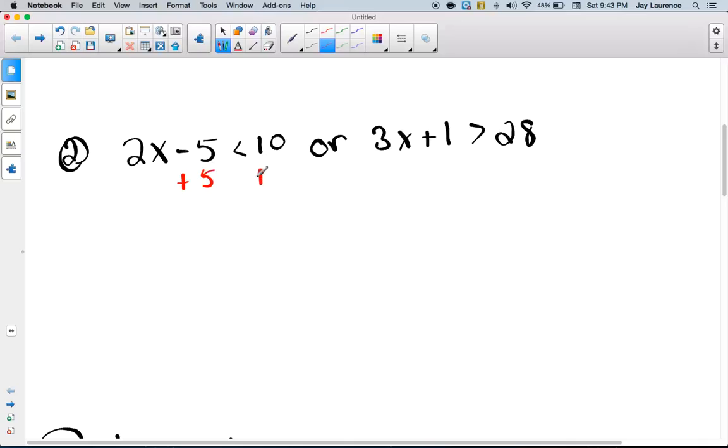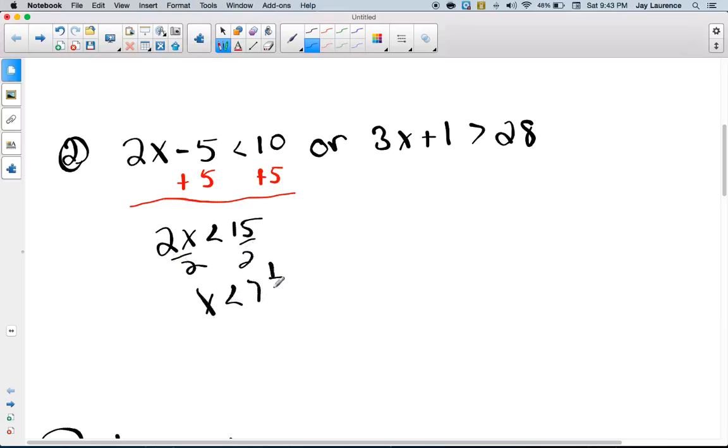I'll add 5, right? And that will get me 2x less than 15. I'll divide by 2, and I'm going to get x is less than 7.5. Half of 15 is 7.5. Or,